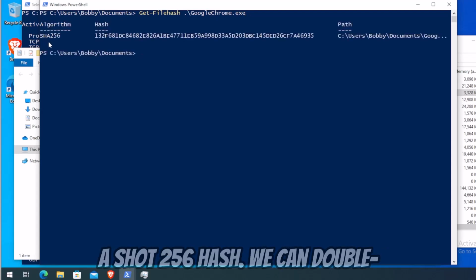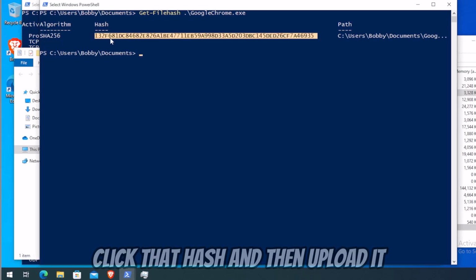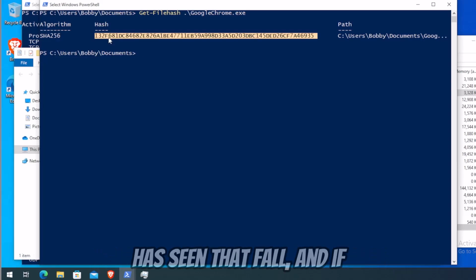This will generate a SHA-256 hash. We can double click that hash and then upload it to VirusTotal to see if anybody else has seen that file and